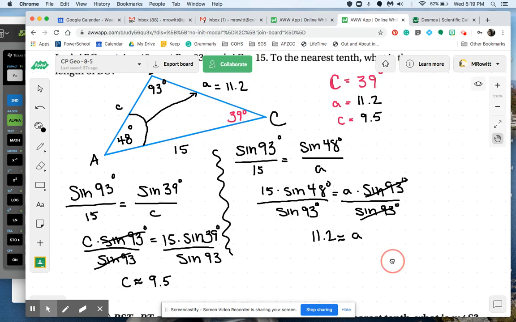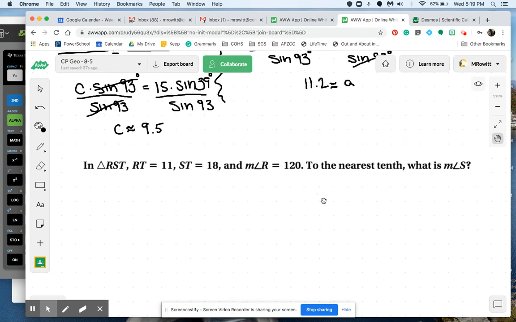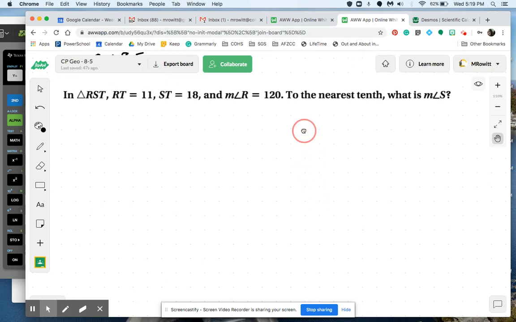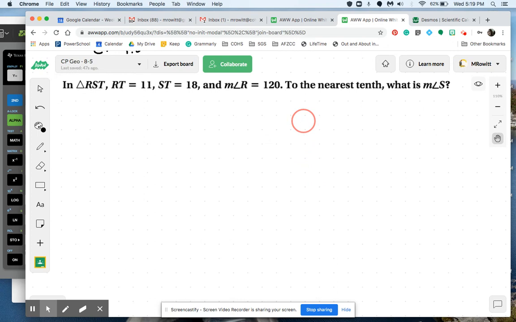The next one isn't. So I'm going to do the same thing. I'm given a question. I'm not given a picture. I'm trying to solve for just one angle, but we're going to go overboard and solve for more. If I draw the triangle out,